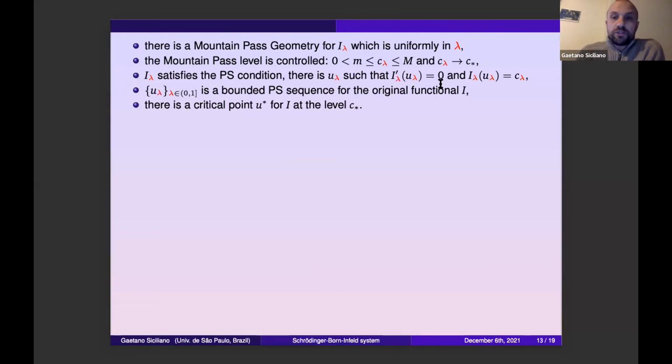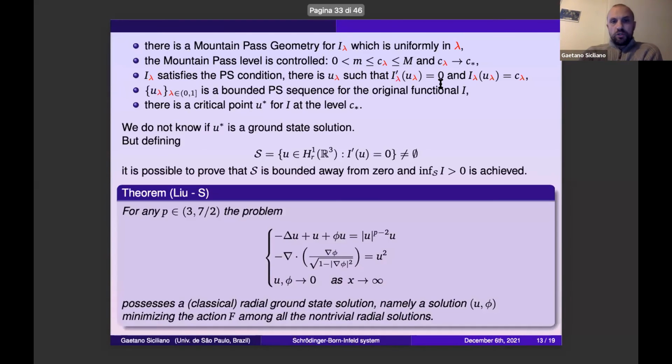I mean, for the functional, whenever lambda is 0, which is our equation. So again, we have a solution to some level. And again, as before, we show that we can minimize and obtain, again, a ground state solution for the system. So the